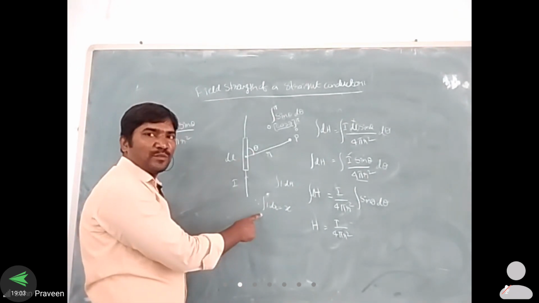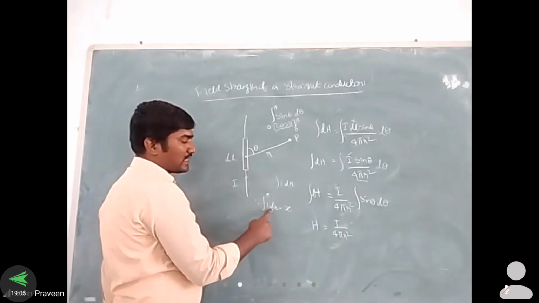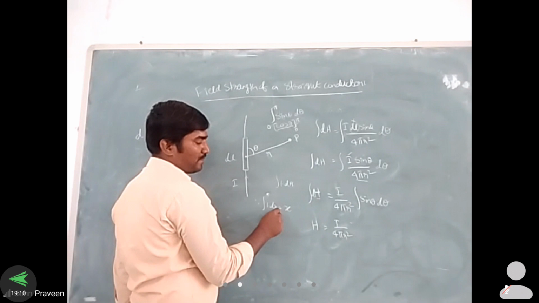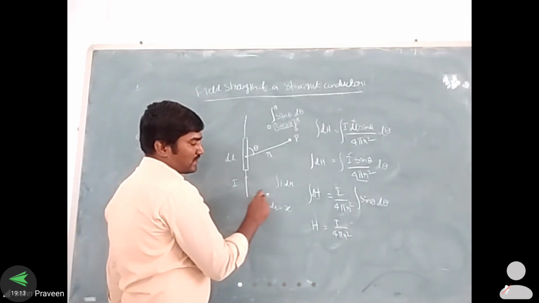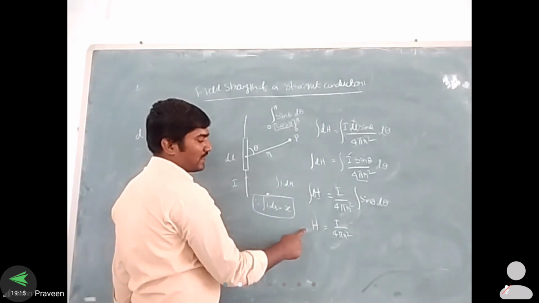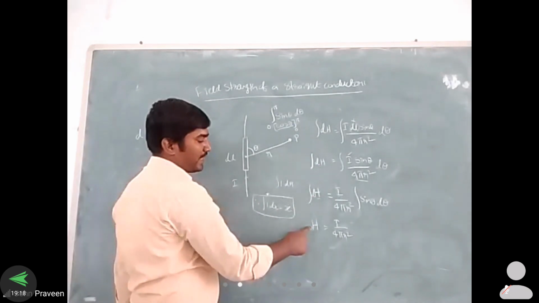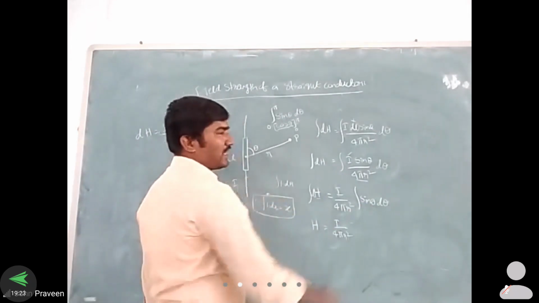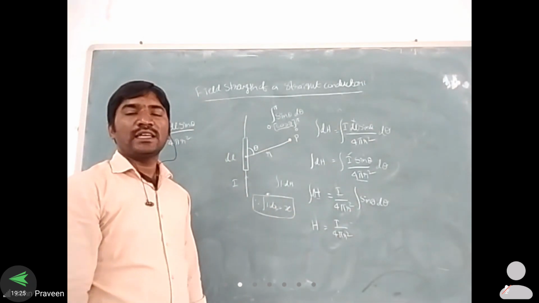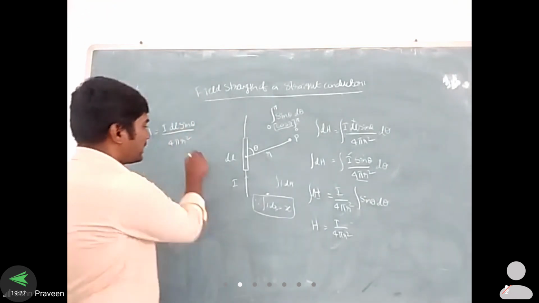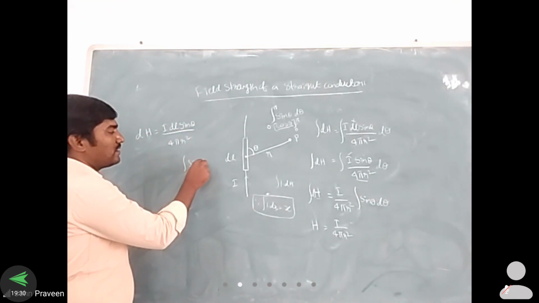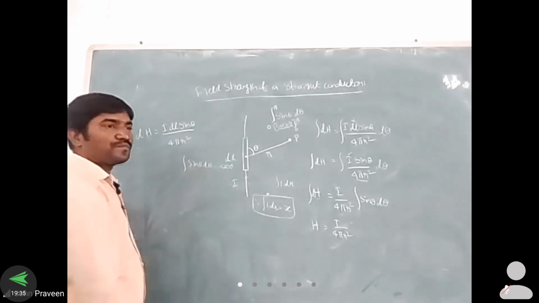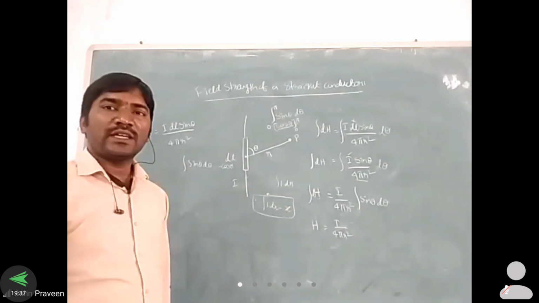This is the basic formula. If we apply it here, instead of dx we have dh, so instead of x we have h. According to this formula, the integral of 1 into dh is h. Similarly, the integral of sin theta d theta is minus cos theta. We get a minus value here.